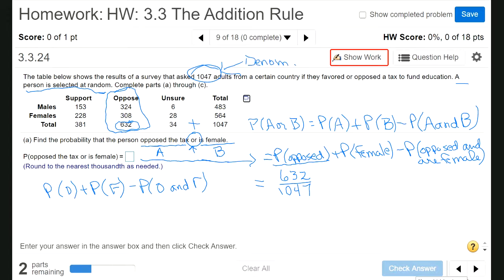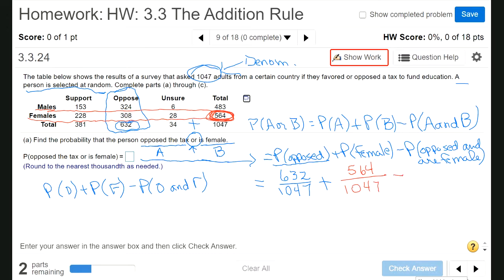Plus, let's do the females in a different color. So for this next one, they want the probability that they're female. So now we're looking at this right here. This row here is the females. And the total number of females is 564. So there are 564 females out of 1,047 surveyed, minus